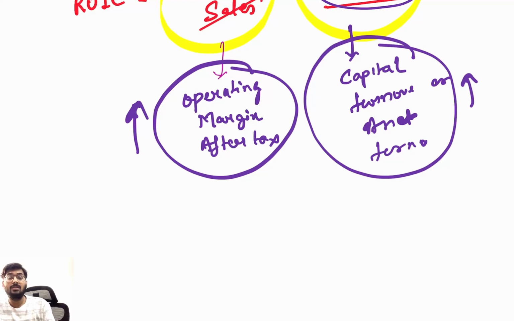Clear? And this ROIC is for the whole company. Clear? So they might have some profitable projects, some good decisions, and there are some unprofitable projects as well as poor decisions. So overall, as a company, you get a ROIC. So what if next year the company takes up some poor projects with poor decisions? Hence the ROIC will start decreasing. Clear? So we have completed all the points of this particular topic in detail,